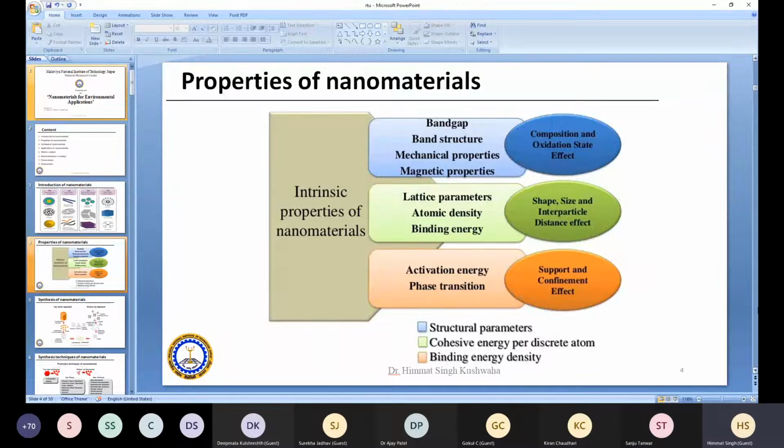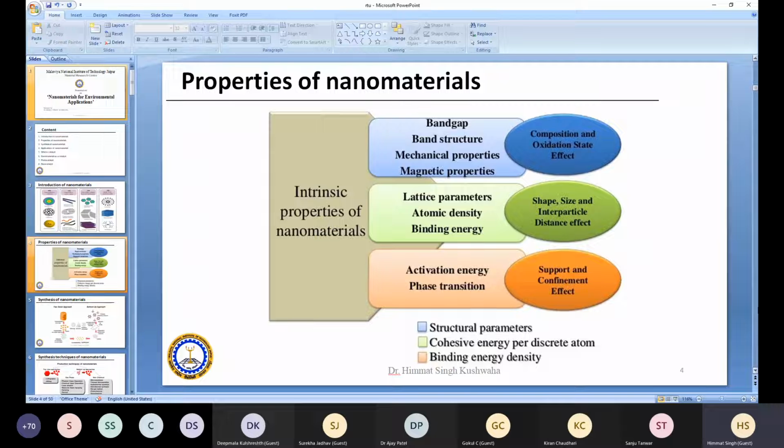The intrinsic properties of nanomaterials depend on the structural parameters, the cohesive energy, and the binding energy density. On the structural parameters, their band gap, band structures, mechanical properties, magnetic properties, and other properties mainly depend. And we can change these properties on the basis of their composition, their oxidation state, and by tuning their oxidation states. The others are their lattice parameters, their atomic density, and the binding energy, which depend on the cohesive energy